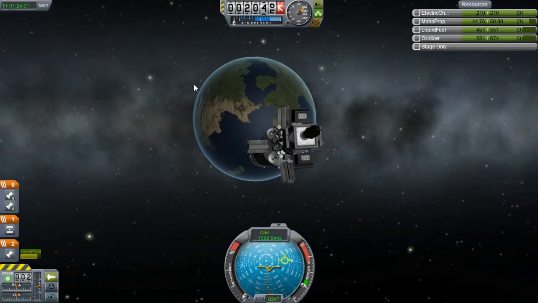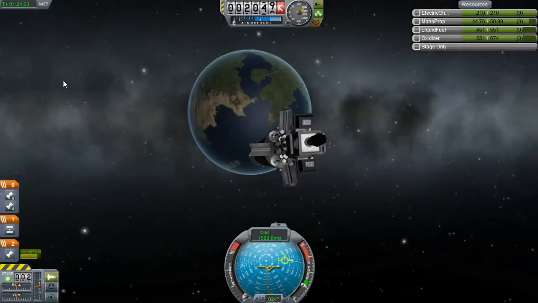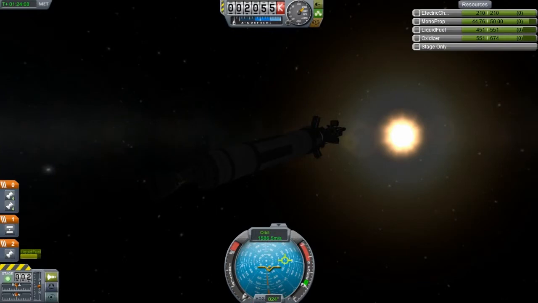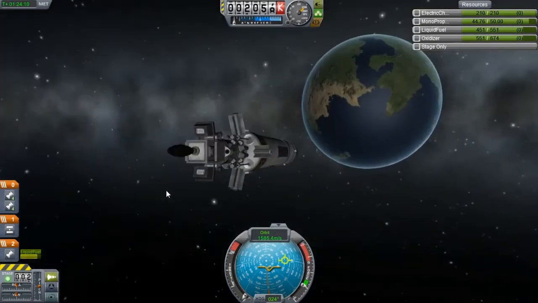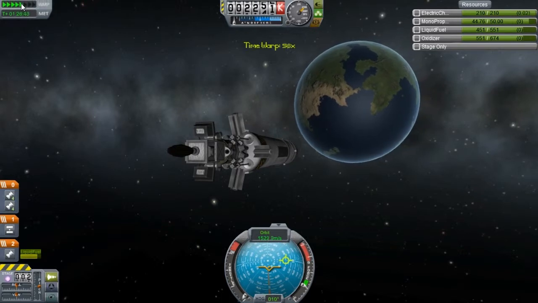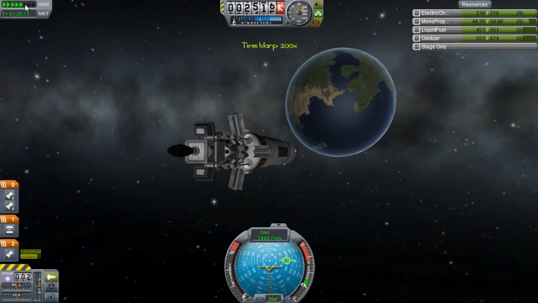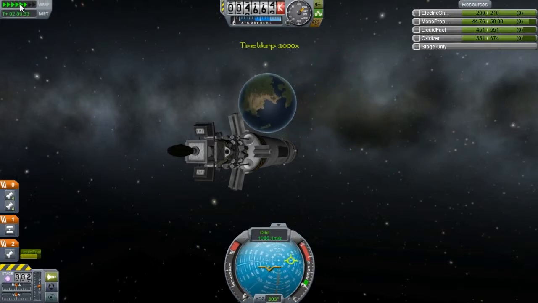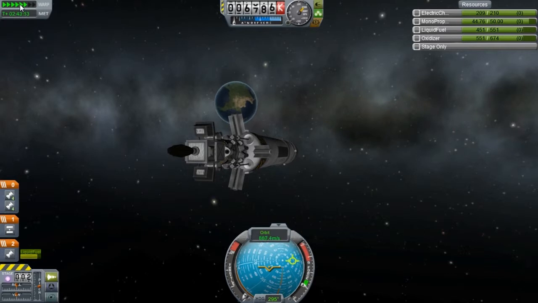So yeah, let's continue making our way out there. I think what I'm going to do in this video is, once we get to Minmus, we will park ourselves in orbit, and the next episode will be the landing, and anything else we decide to do. So, let's continue with a fast forward. And like I say, this is going to be a 2-day mission, so let's increase the time acceleration even more. So that's 2 hours, 3 hours,